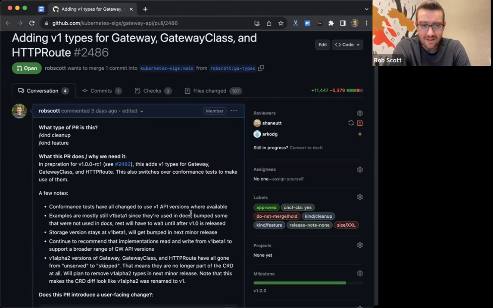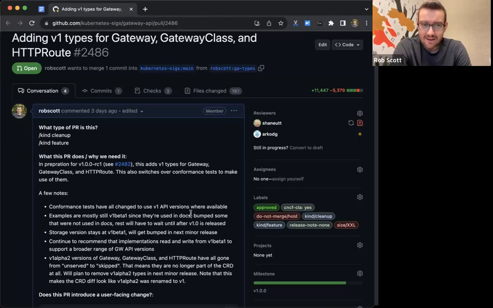I won't highlight all of them, but the key bits are that conformance tests and a lot of tests are switched to use V1, but the examples still stay as V1 beta 1 because that's what our docs should say until this gets to 1.0 finally, and not just release candidate. We also keep the storage version at V1 beta 1. This is all for backwards compatibility.